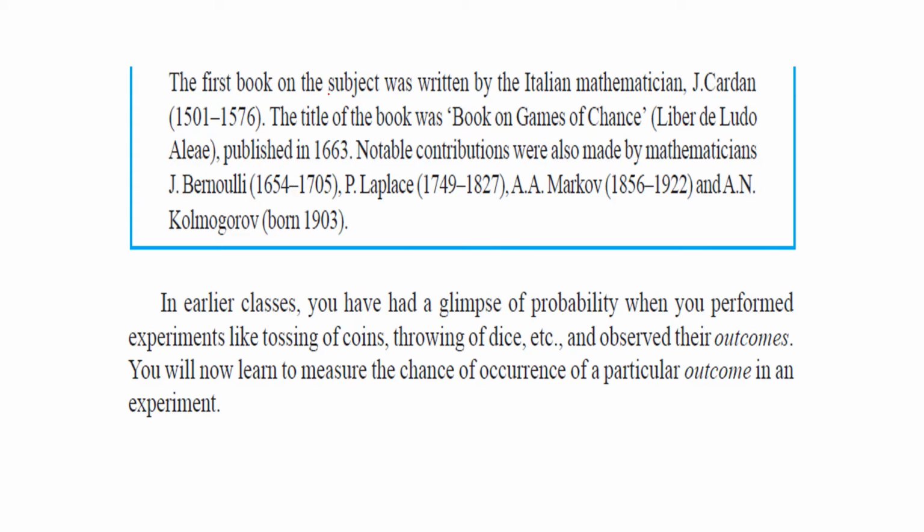The first book on the subject was written by Italian mathematician J. Cardan, and the title of the book was Book on Games of Chance, published in 1663. There are other contributions also by Bernoulli, by Laplace, by Markov, by Kolmogorov, and we'll see mostly the